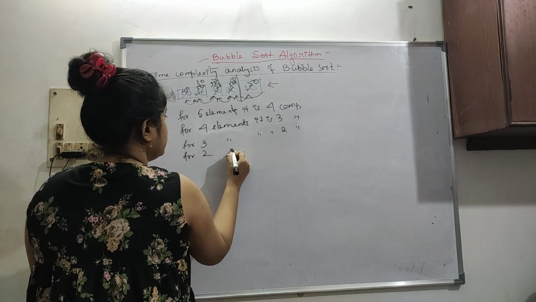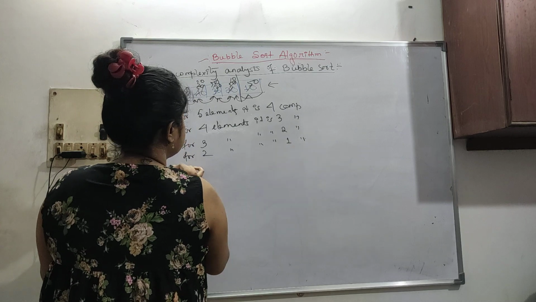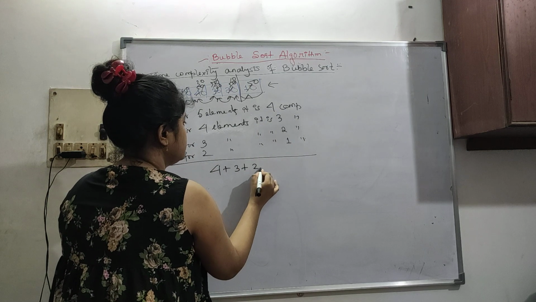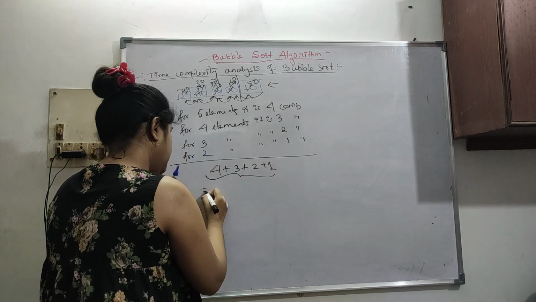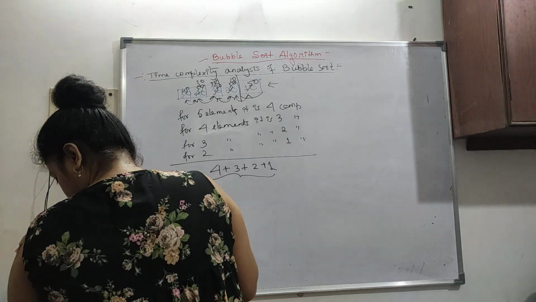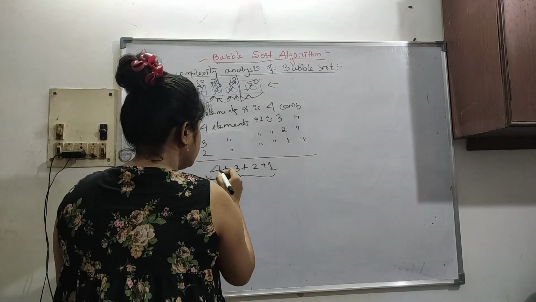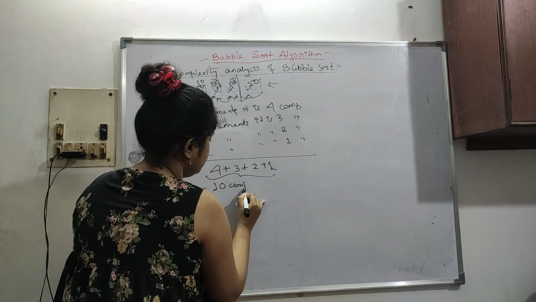For 2 elements, it is taking 1 comparison. So the summation of all this is 4 plus 3 plus 2 plus 1, which is the sum of natural numbers till 4. So 4 plus 3 is 7, 8, 9, 10. So 10 comparisons